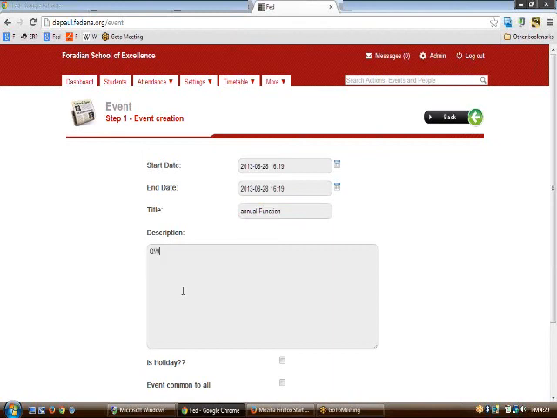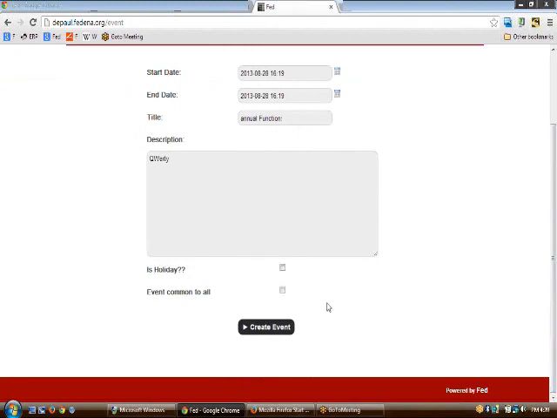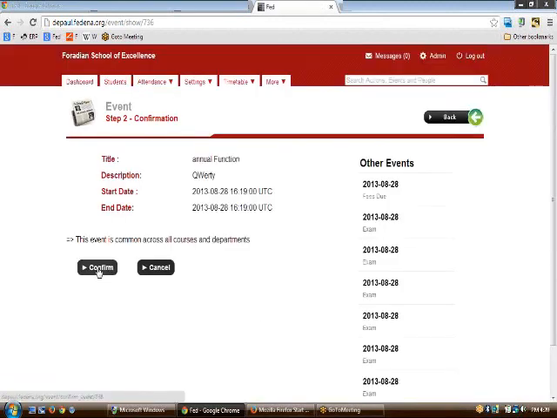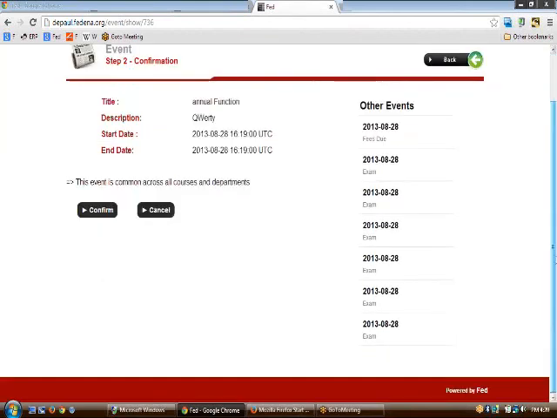The description can be put up as something, and you can put it as a holiday and even common to all. If the event is common to all, you won't be asked further to confirm. You will be asked further to confirm it, and confirming it would mean that this event has been confirmed.